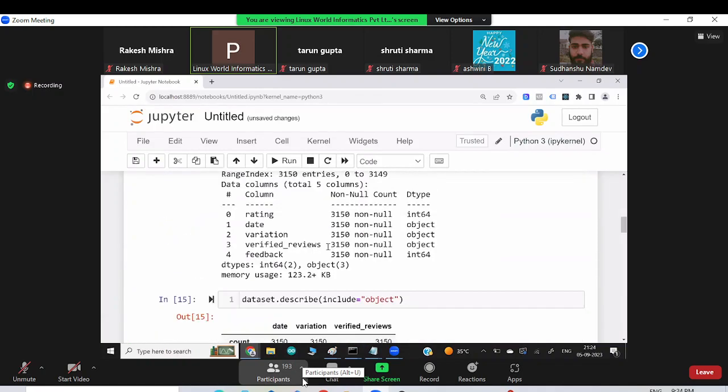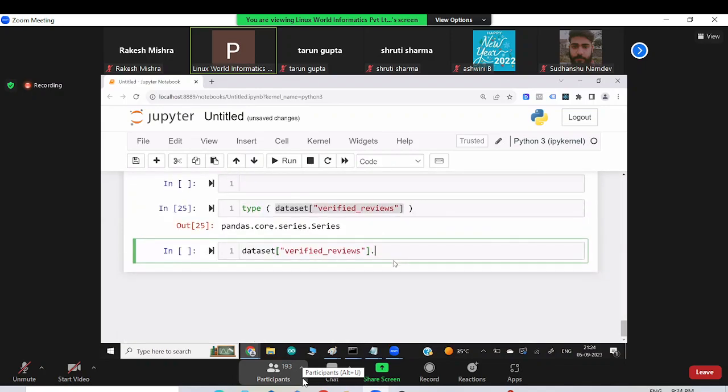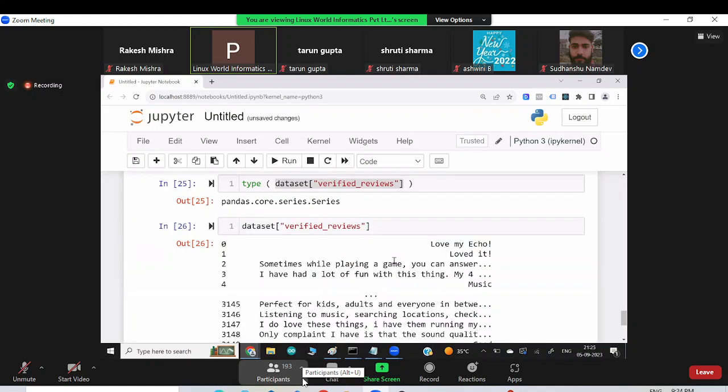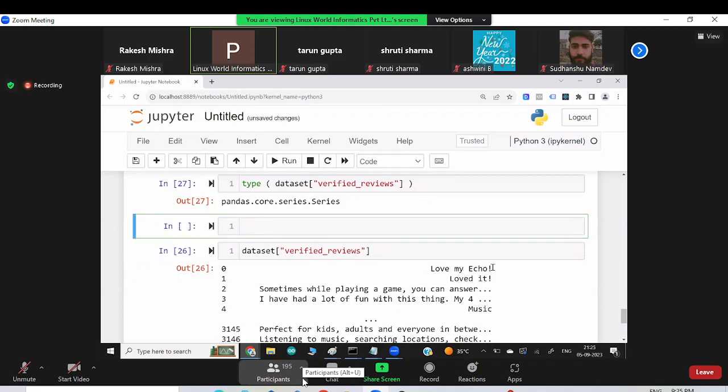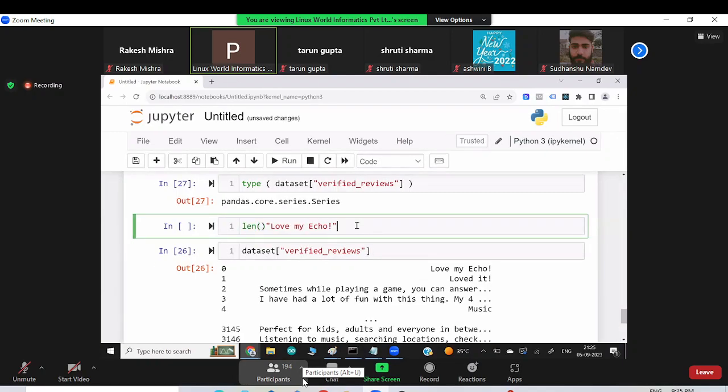Pandas has one function that is called the apply function. It's a very useful function, guys. You're going to use it a lot on any data of this data type. If you want to apply any function, for example, let's say the data we have is a string. Let's say your requirement is to find the length of the string. So this is a string. In Python, we have a length function. With the length function, we can find the length of the string.